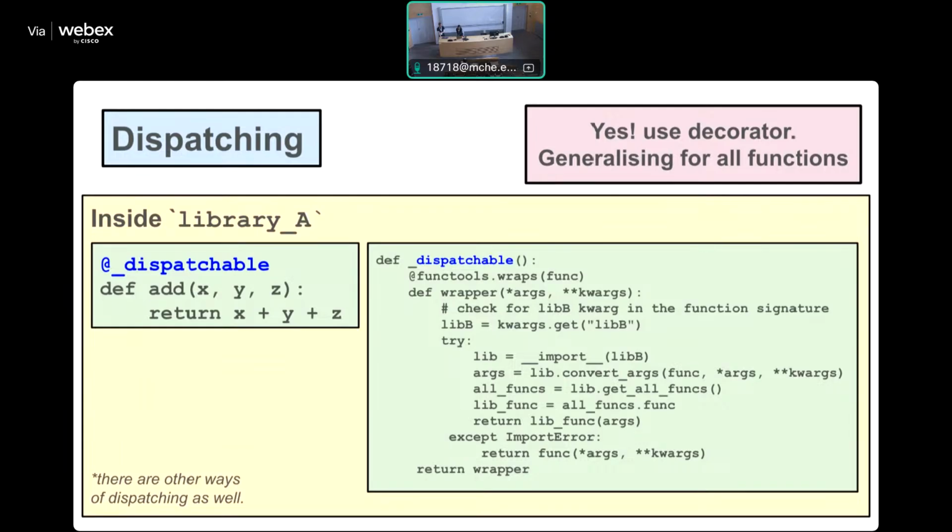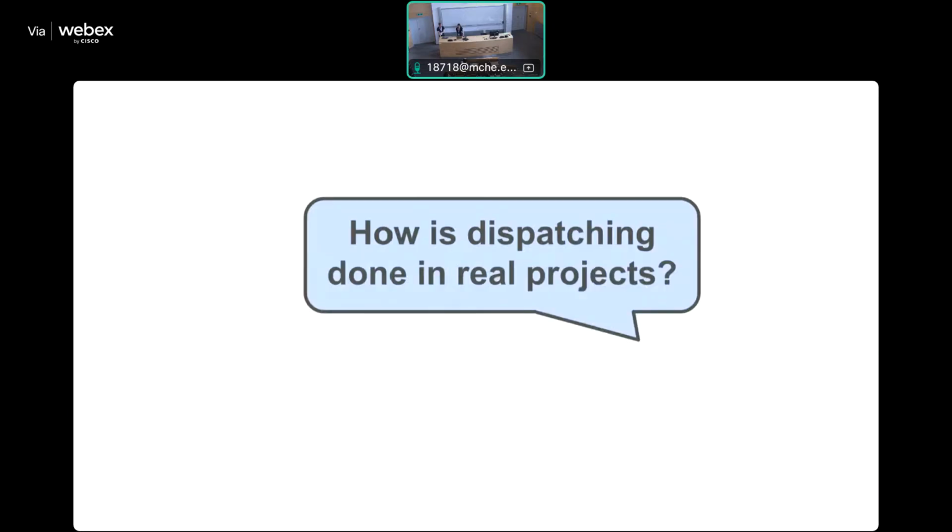Now all you would have to do is put this underscore dispatchable decorator on all of your functions. Now we're going to look at how this dispatching is actually implemented in different projects,